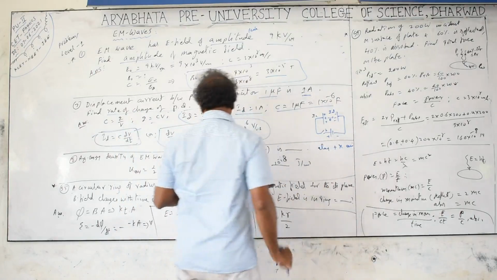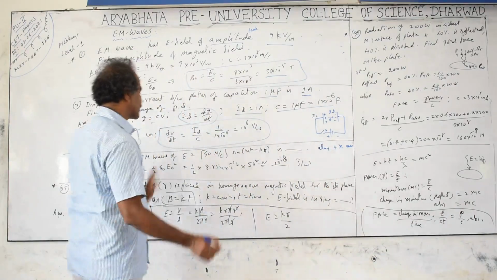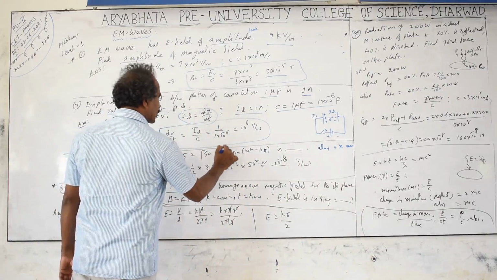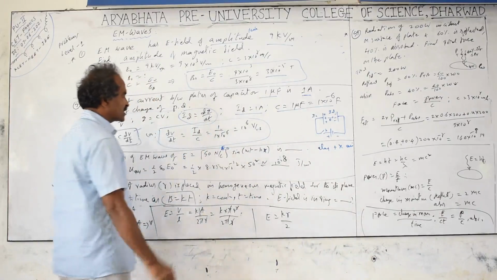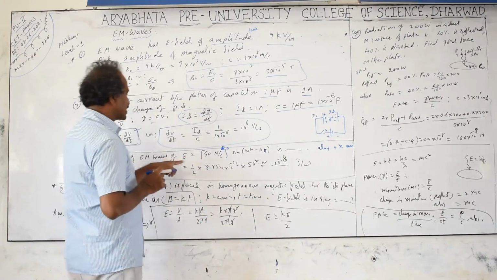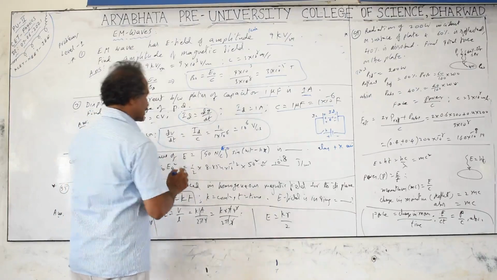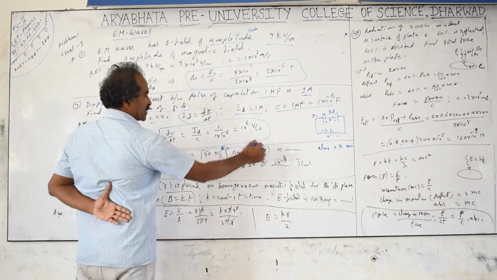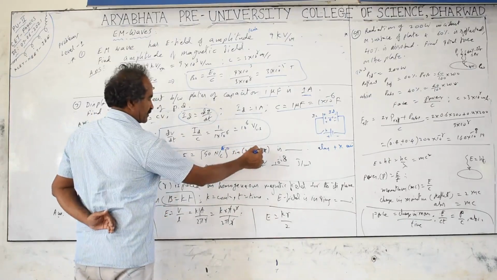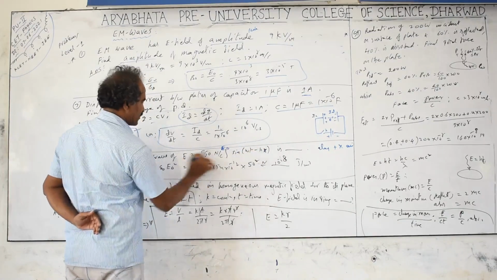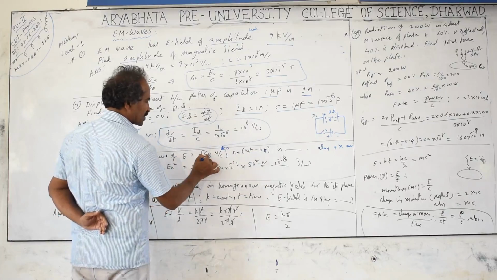What about the magnetic field? The magnetic field also propagates in the same direction for electromagnetic waves. E is the instantaneous value, and E naught is the peak value, so this is E naught sine of omega t minus kx. If the electric field is along the y axis, the magnetic field will be along the z axis, and propagation is along the x axis. This 50 is E naught, the peak value; it's not mentioned otherwise, just leave it. E naught sine omega t.